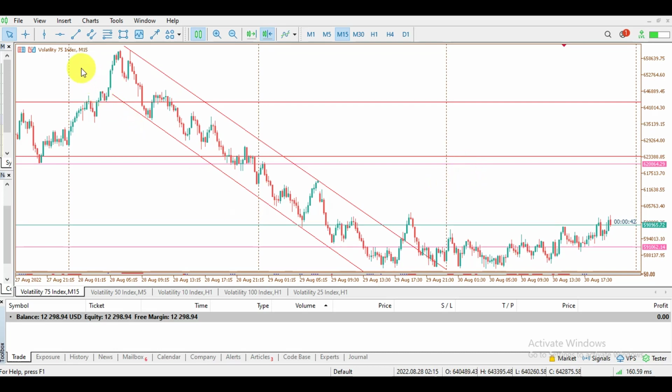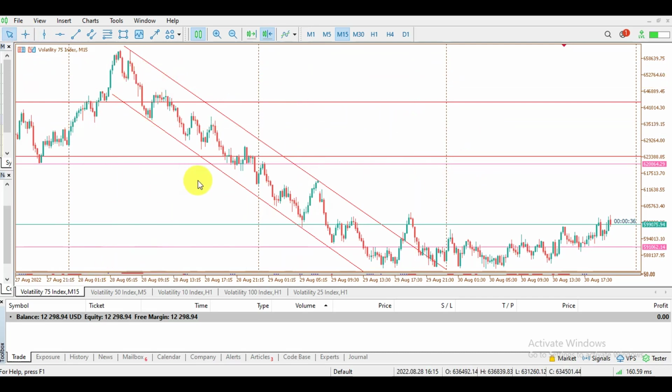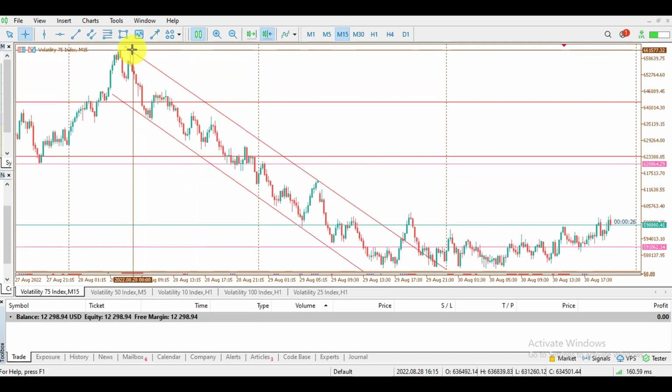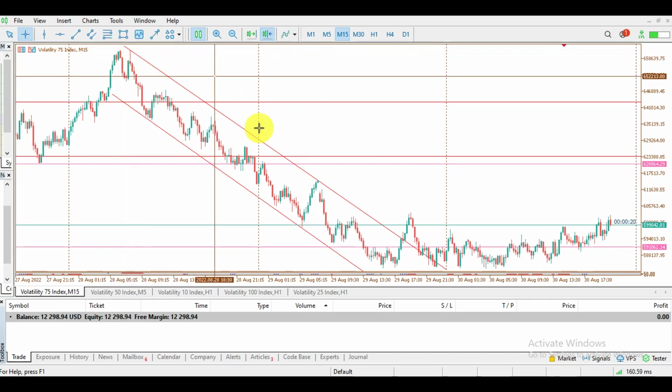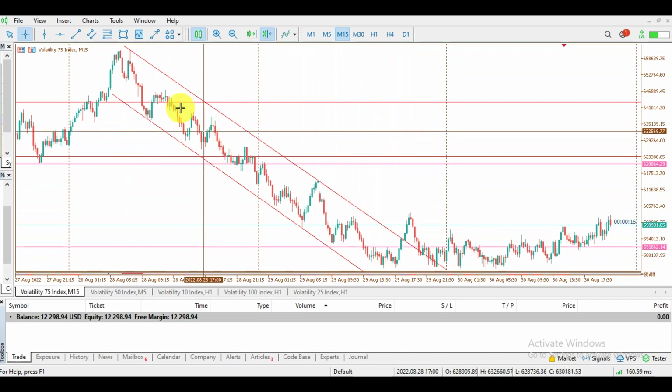So using the Crosshair toolbar, you can activate it from the toolbar, okay? Or you can actually just use Ctrl F to activate the crosshair toolbar. The crosshair tool, you can use it to calculate the number of bars formed from a particular point in time. Okay, so look at this trend now. So if I want to know the total number of candlesticks formed in this trend, I could easily just come